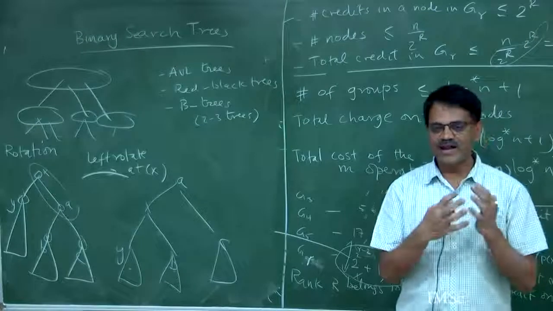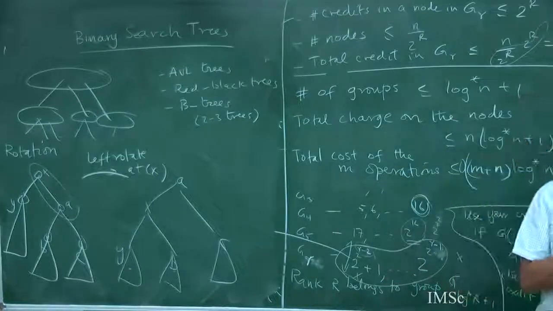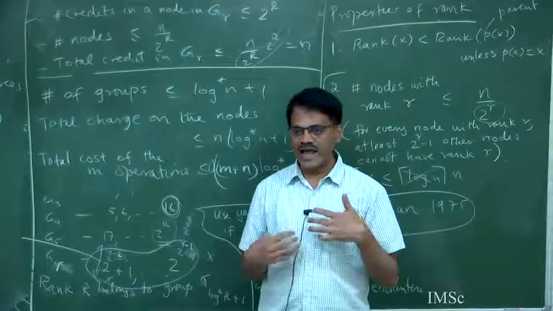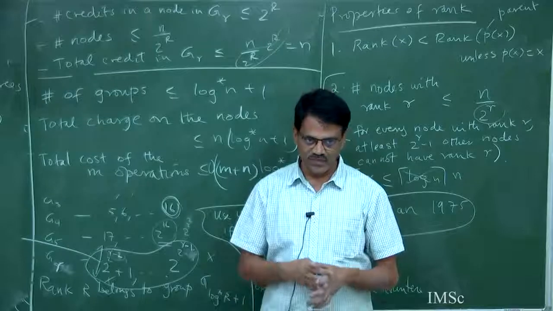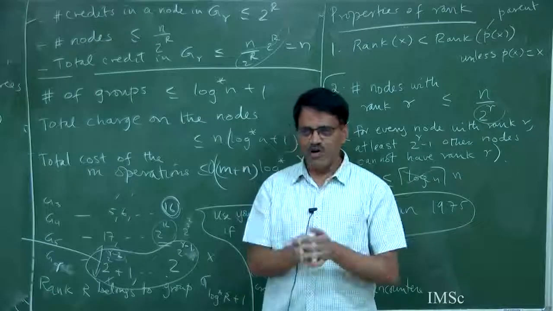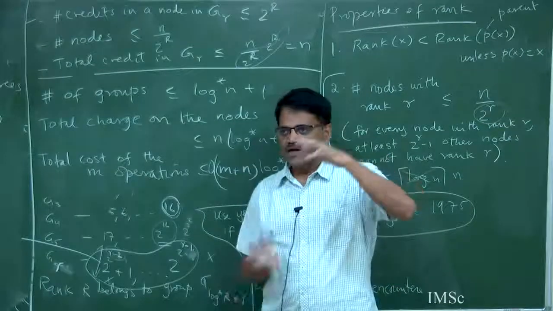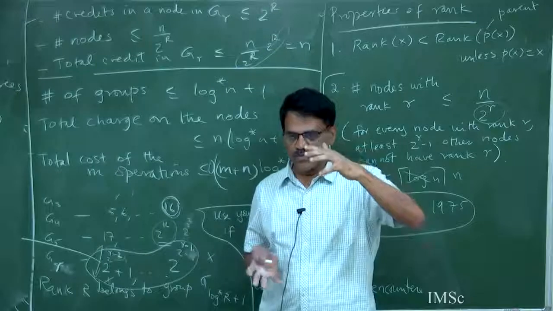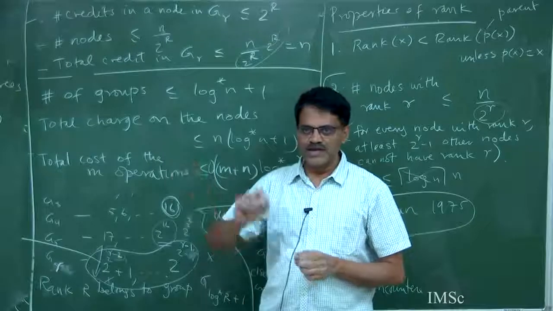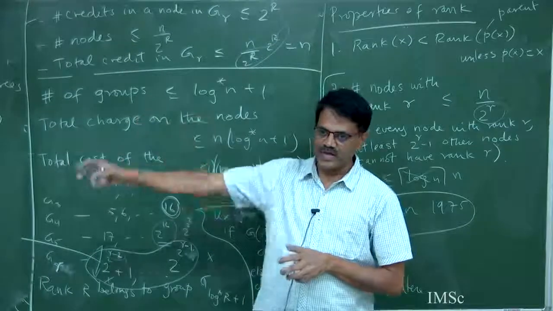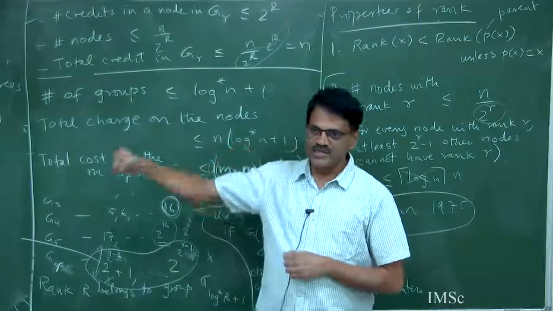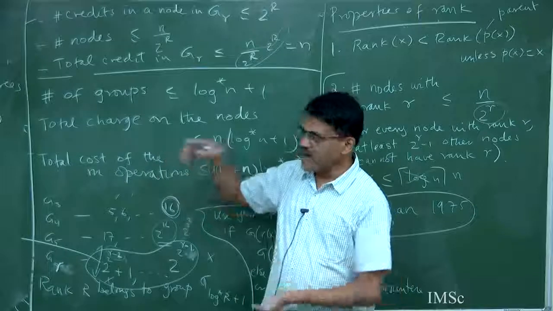So B trees are really actually some of the industrial databases use B trees. Why? Because it's very useful for external memory data structures. Right? There are situations often where you can store an entire set of nodes in your main memory, where the search is not a big deal. What is the big deal is you have to go and access from an external memory, right? So what you want to do is to minimize the number of these external accesses. That corresponds to the height of this tree,